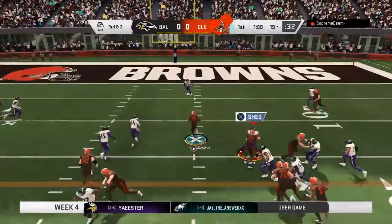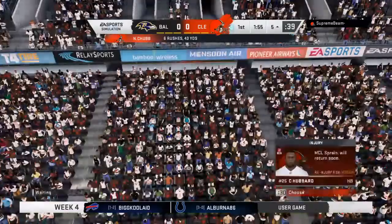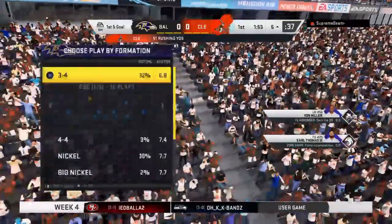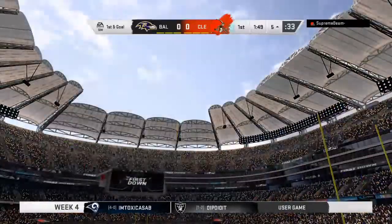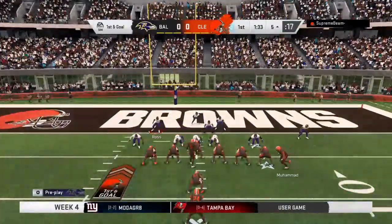A run for Nick Chubb. And able to get him down, but he does reach the 5. They're able to convert on third down, and that sets up a first and goal. The stop there on third, they could have held him to 3 on this opening drive. Now they have to bow their necks on first and goal. And if I'm looking at this from the offense's point of view, that's a big-time pickup right there, and I